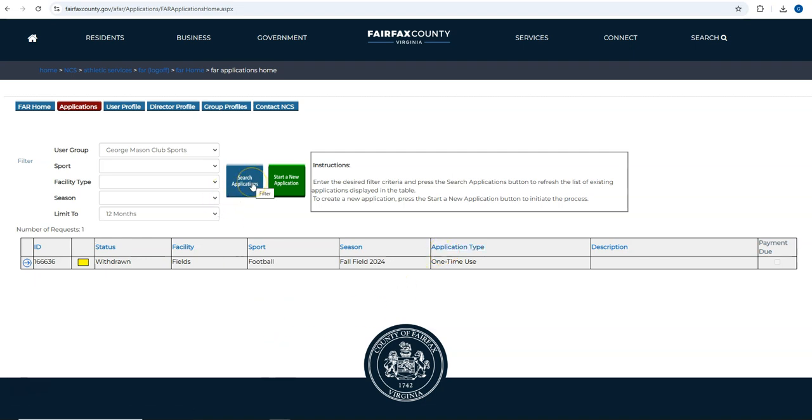Good afternoon. I'm going to walk you through the process of submitting a field or court permit application through the Fairfax County Neighborhood and Community Services website, which is also referred to as NCS. NCS controls all fields and courts within Fairfax County Park Authority, and also within the high school and middle schools